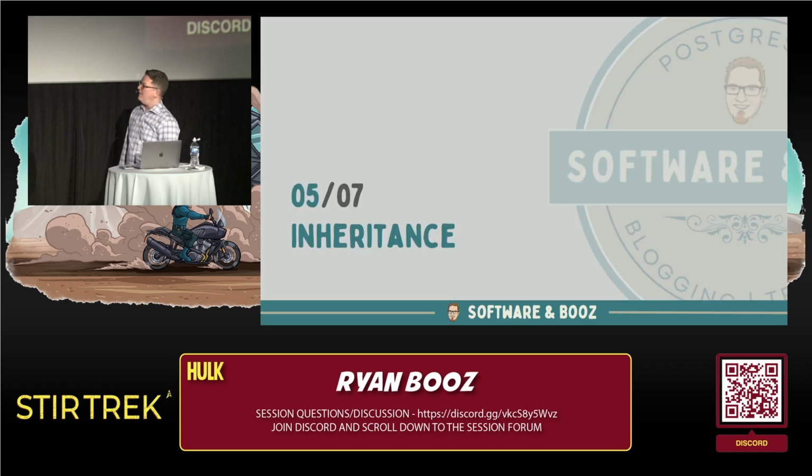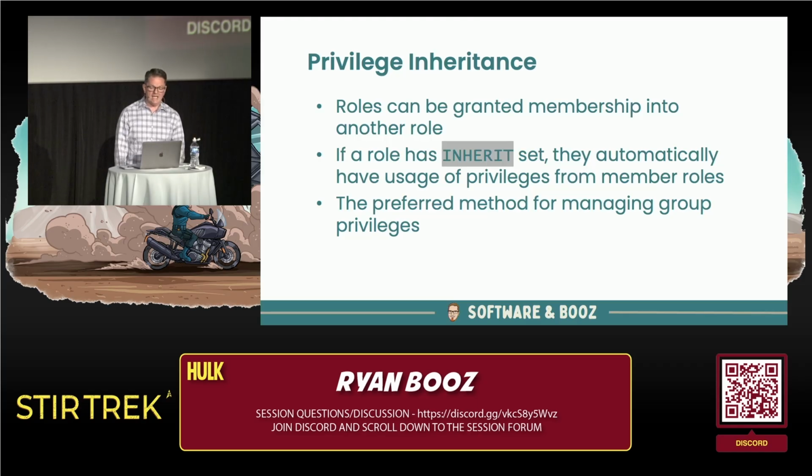All right. Now we get to talk about all this inheritance stuff. We have roles, and we have now granted privileges. We can understand that people can do something within this database. Inheritance is really essential to effectively running a Postgres database when it comes to role privileges. You may remember I said earlier, by default, if you just say create role, that role will have inherit. So inherit is on by default.